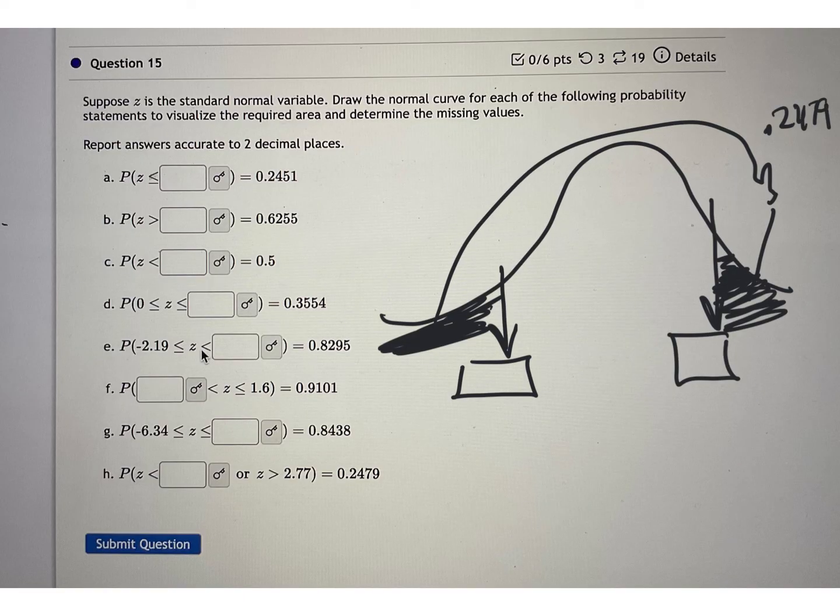And they want to know this cutoff number down here. But this isn't really that bad, and here I'll tell you why. Because I can find a couple different things pretty easily. First of all, I already know that this area in here